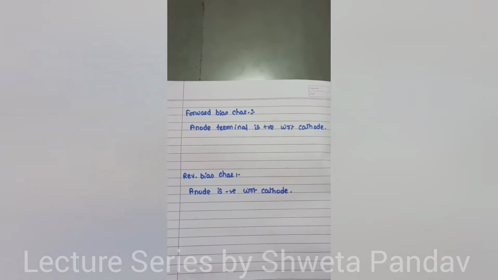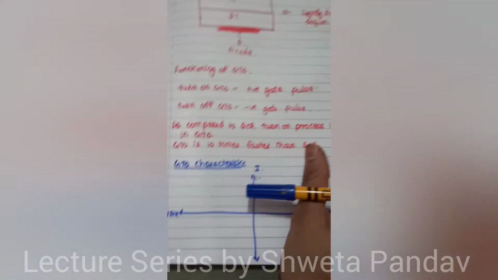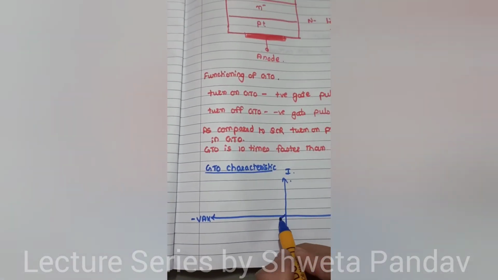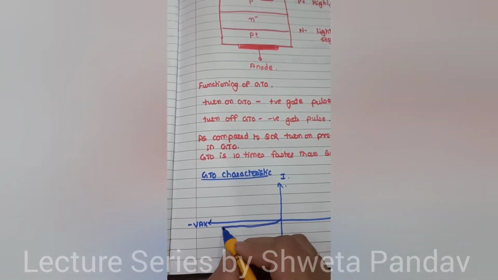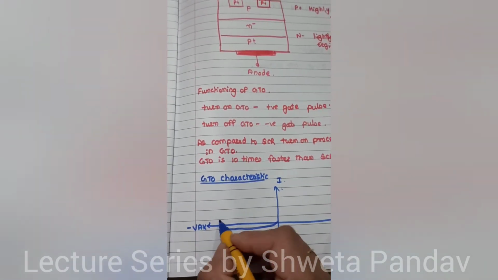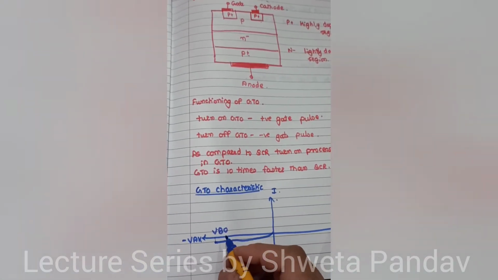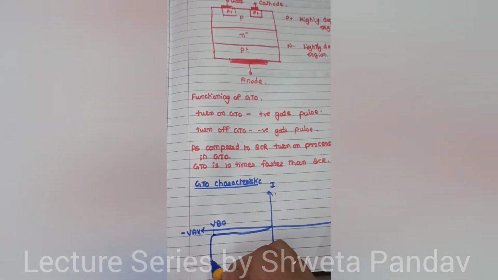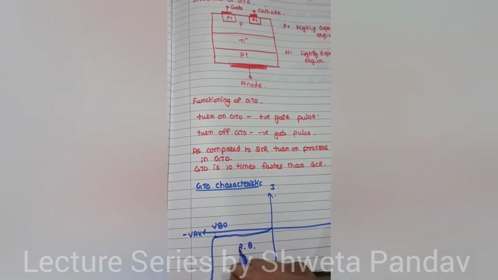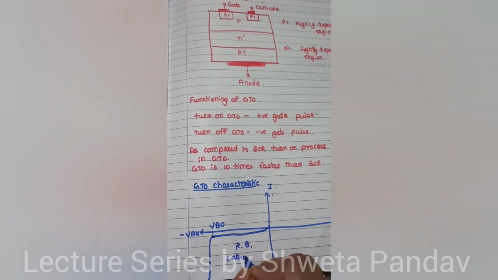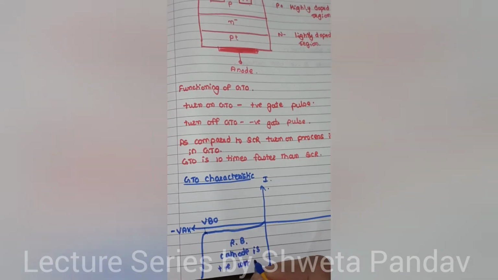During reverse characteristic the cathode is positive and anode is negative. During this period a small amount of current flows due to minority charge carriers, and after a particular voltage, called the negative breakover voltage or reverse breakover voltage, the reverse current starts increasing rapidly. So in reverse bias mode the cathode is positive with respect to anode.